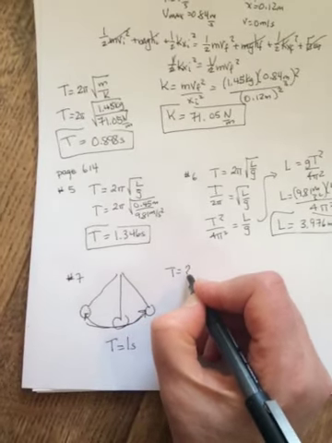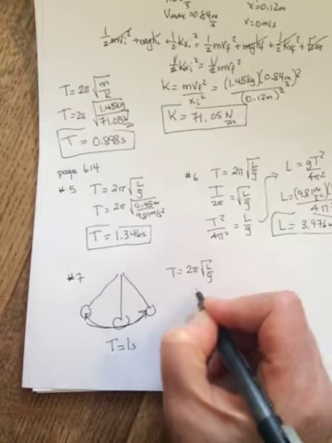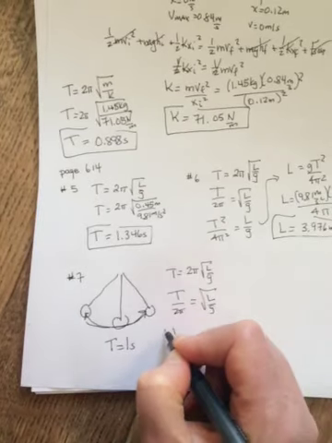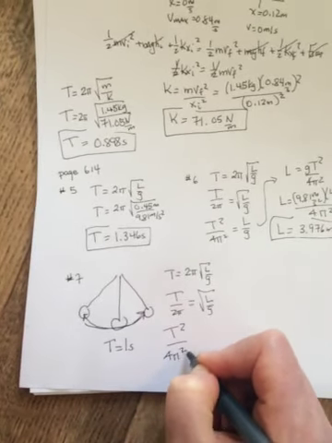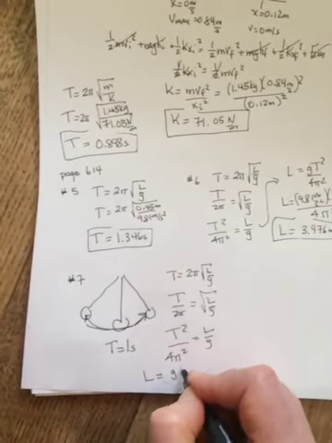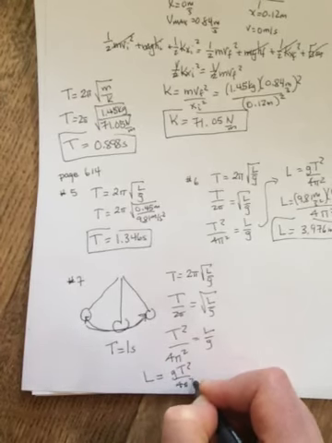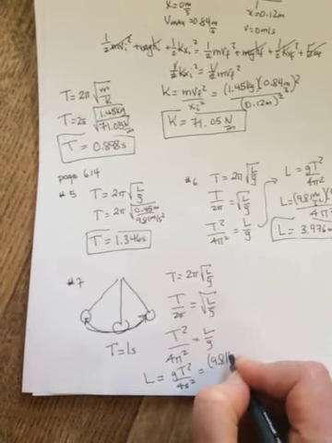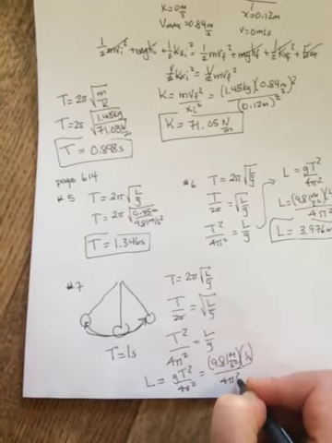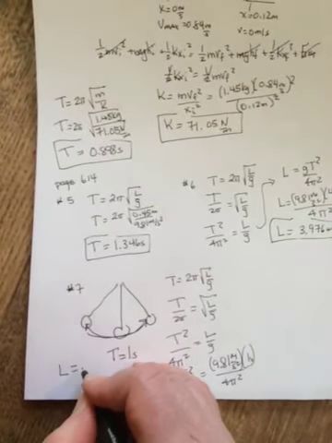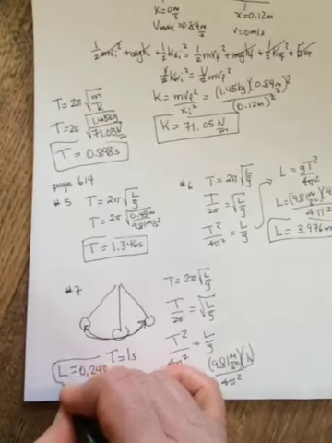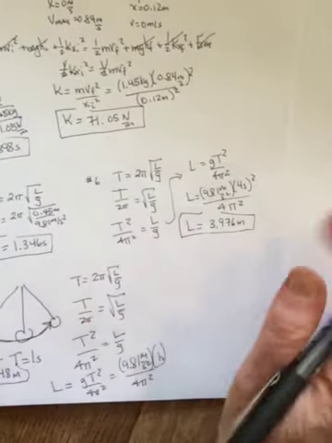So T equals 2π root L over g, divide both sides by 2π, square both sides, T squared over 4π squared equals L over g, so L equals gT squared over 4π squared. 9.81 meters per second squared times 1 second squared over 4π squared. And when you do this, you should get an L of 0.248 meters. Number 8